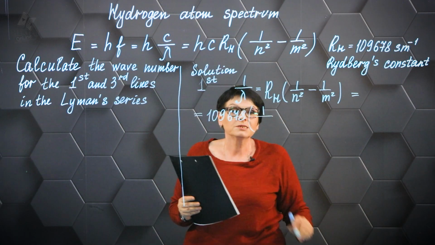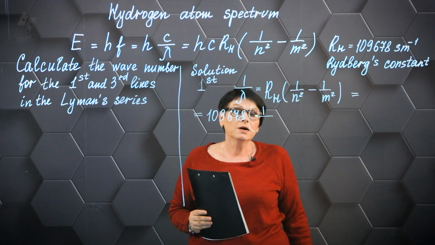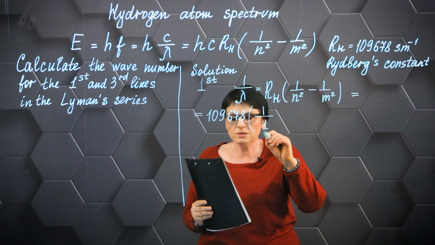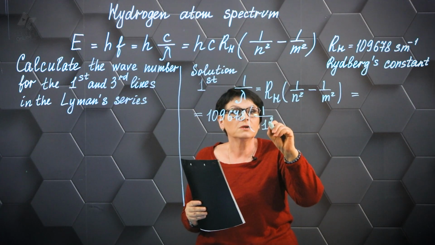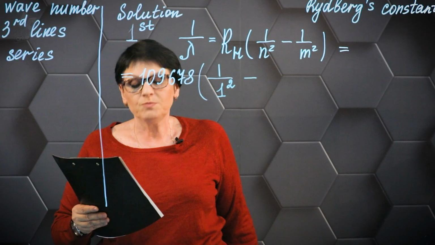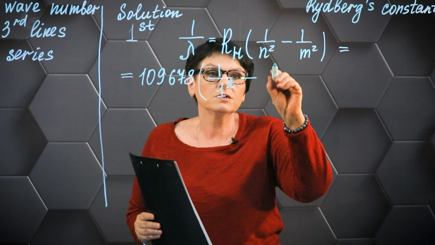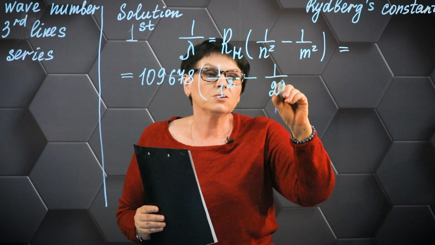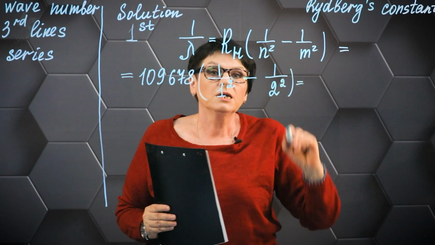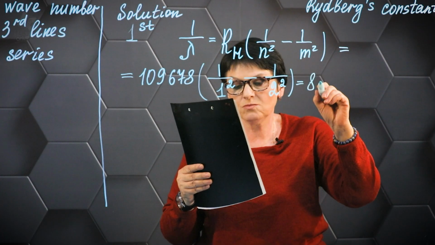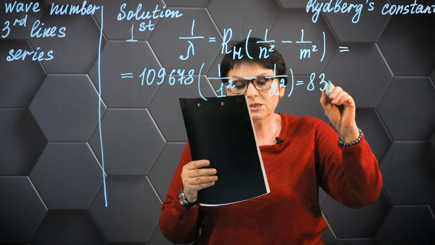So for the first line, n is equal to 1. We square all this expression at the bottom, minus, and from what level is it possible to go to the first level? Only from the second. And so instead of m, we substitute 1 divided by 2 squared. If we make such a simple calculation, it turns out that the value will be as follows: